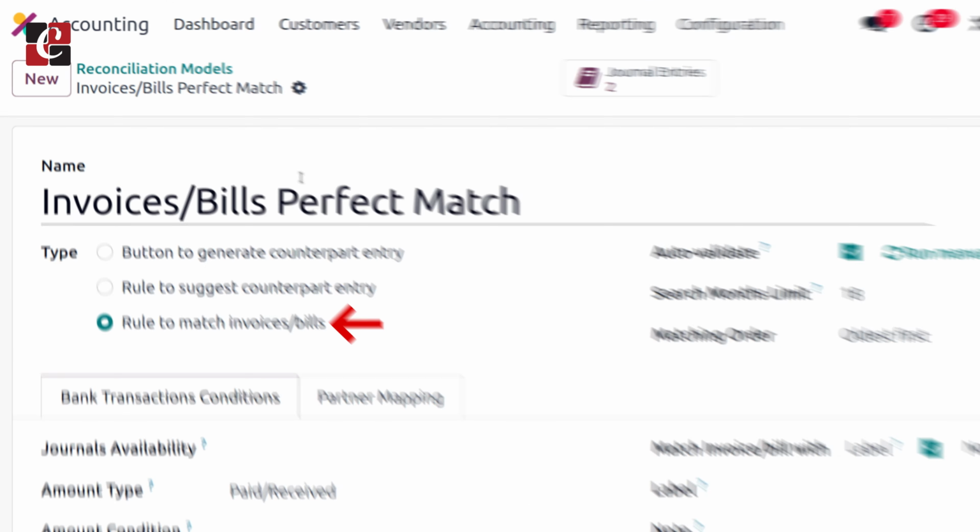And the third type of reconciliation model is matching invoices or vendor bills. Sometimes we may have dues in the payments, or we have previous bills or invoices. So in such cases, we just need to make payment for the previous invoices or bills. So we can just filter it based on oldest or newest, and we can just make the payment in a single click. For such cases, we just use match vendor bills or invoices.